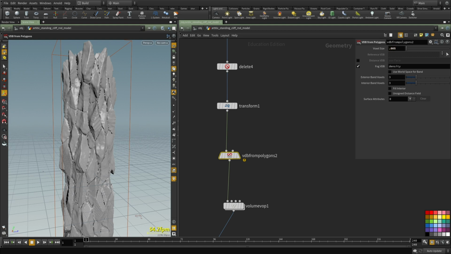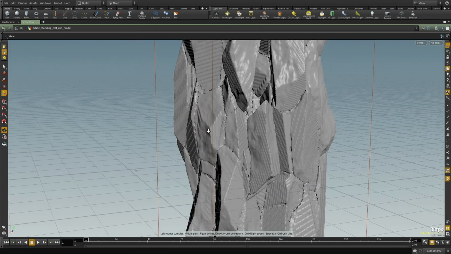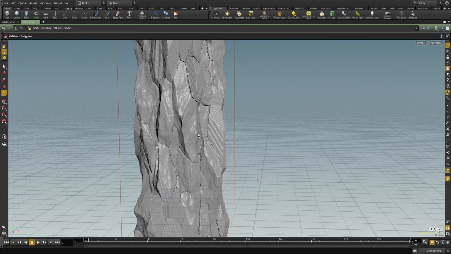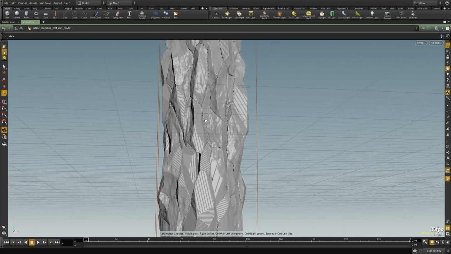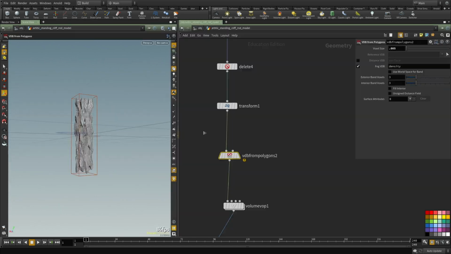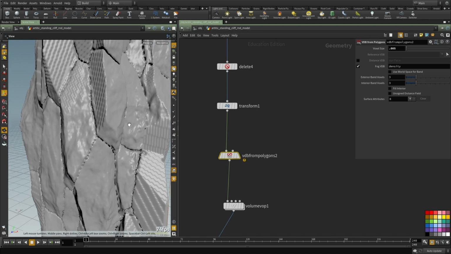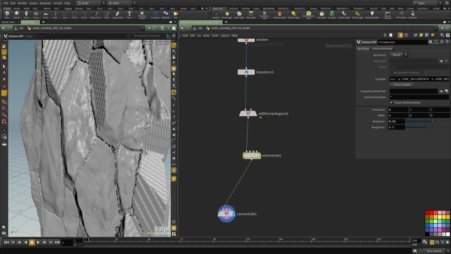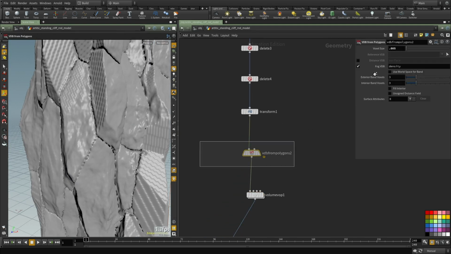interesting details. Let's reduce this to 0.05. Boom. And now we have a lot more details in the geometry, and you can see we're starting to get a lot of interesting blocks overlaid on top of each other. Now this is obviously the beginning and just the starting point for us, but let me lower this value so it's